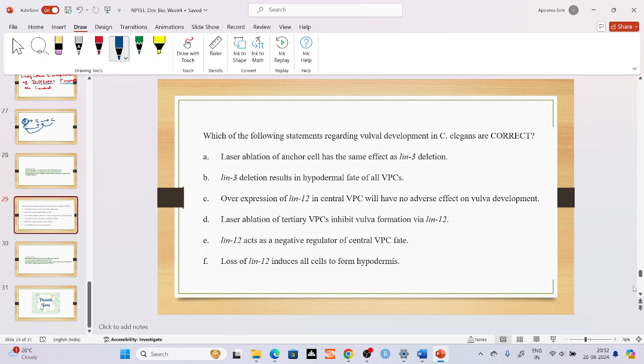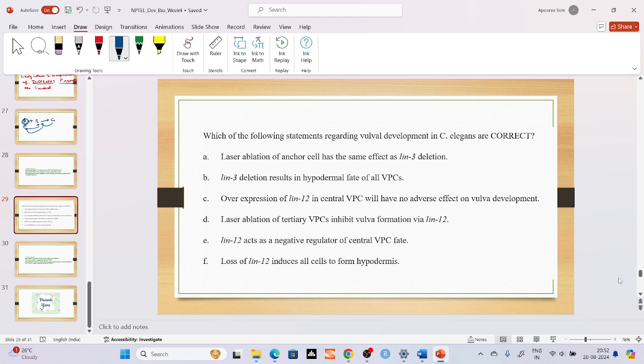Okay, so lin 3 is responsible for vulval development. The central region receives the highest amount of lin 3 and it becomes the primary cells. The adjacent ones receive a little bit less and they become the secondary ones. And then the later ones that do not receive the lin 3 are hypodermis. So now, in accordance with this, let us try to understand each and every